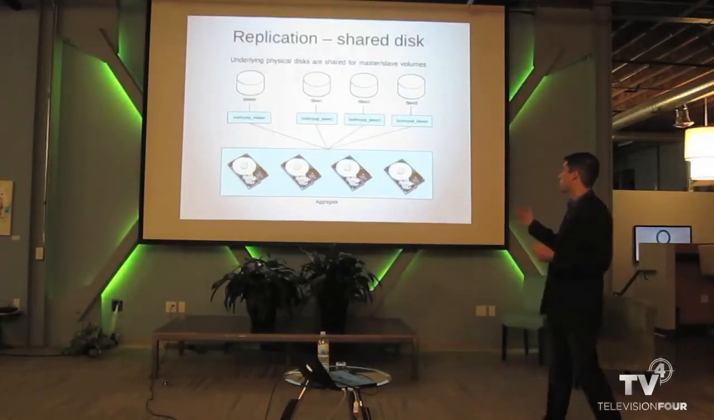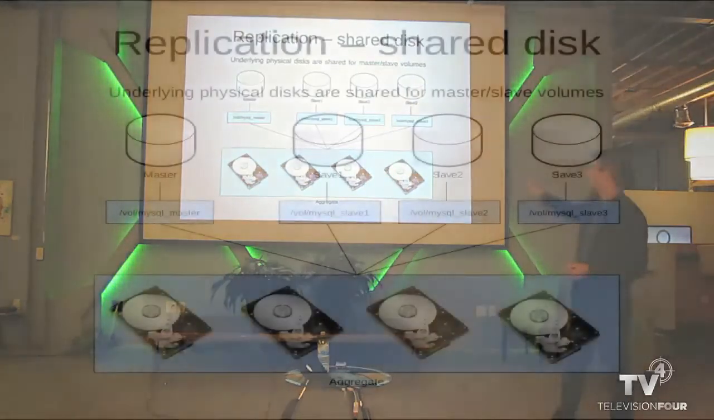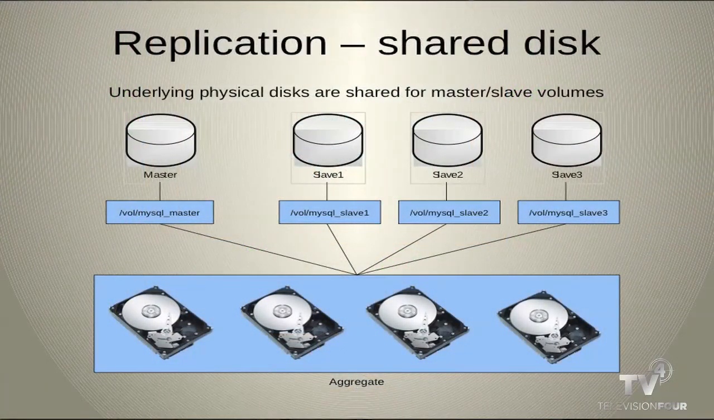So basically what this means is, if you have a master and 3 slaves, we talked about that aggregate. In the NetApp world, it's called an aggregate. We're sharing the same disks underneath from the master and the slave. This may sound a little crazy. Why would you want to do that? Well, actually,